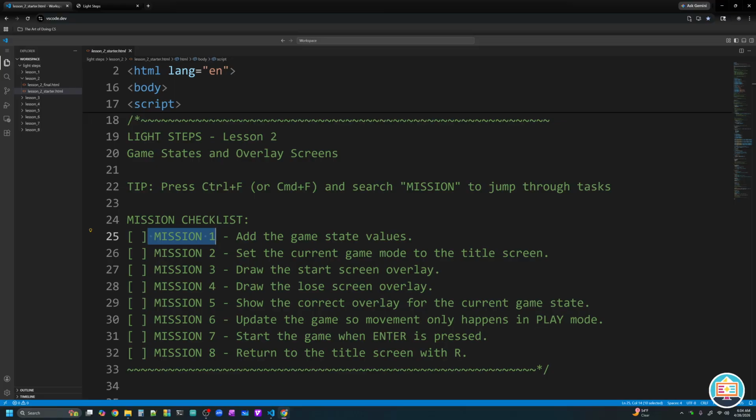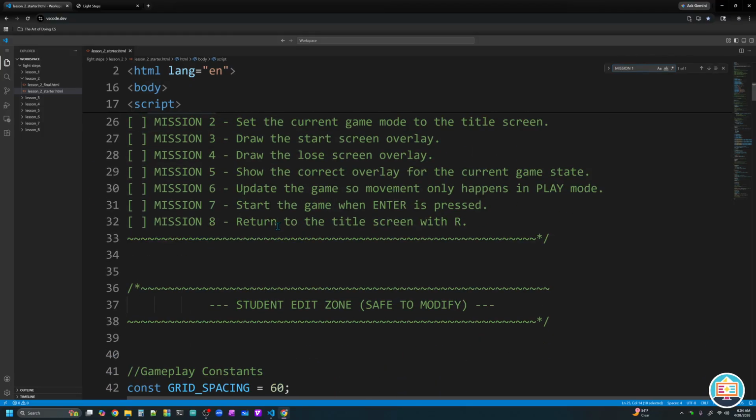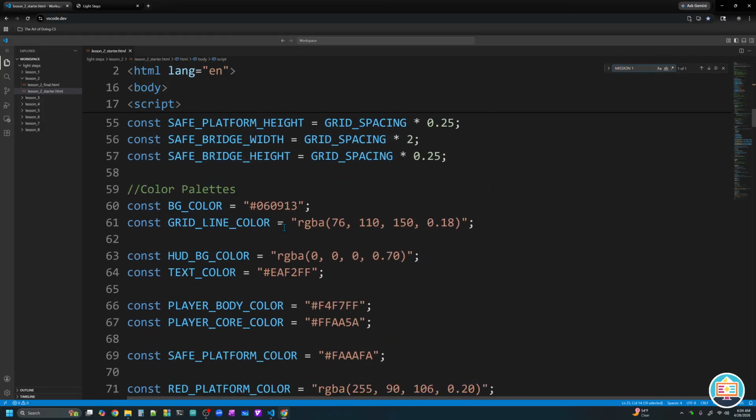And so I'm going to have something that's going to keep track of those 3 particular states. That's going to be a constant that we define. So I'm going to hit Command F, Control F, to open up my search bar, and let's search for the mission 1 tag. It looks like that is the only version of that tag that I have. Well, that can't be correct. Let's take a look. So if I scroll down here,